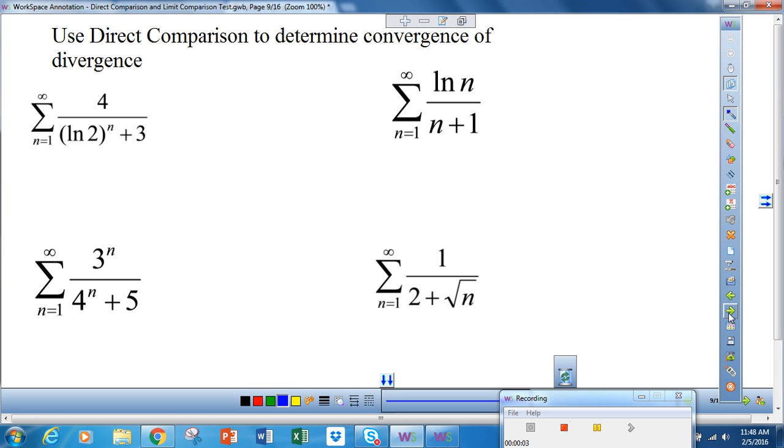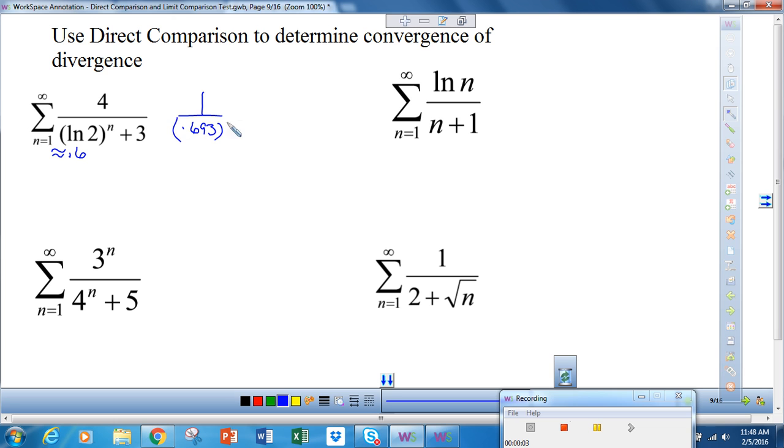All right, let's use direct comparison on the following. And we're just going to take this slowly. All righty. So the first one is a little different because I need to know the approximate value of the natural log of 2. Natural log of 2 is approximately 0.6 something. And since I know that, by the nth term test, I can see that this is going to diverge, because essentially what I have is 1 over